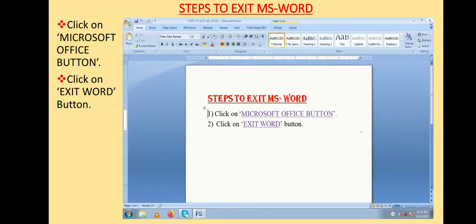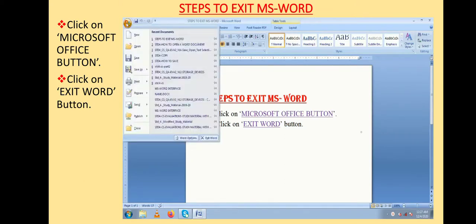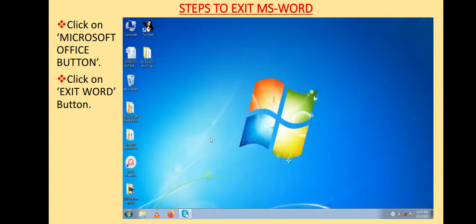You can directly click on the cross, then also your file will get closed, or you can click on this Microsoft Office button and then click on the Exit Word option. When you click on this Exit Word option, then your Word file will get closed. So this way you can exit MS Word.